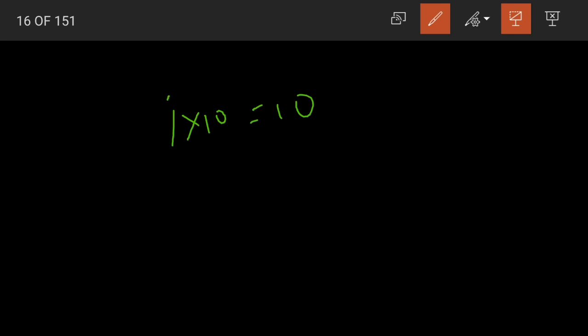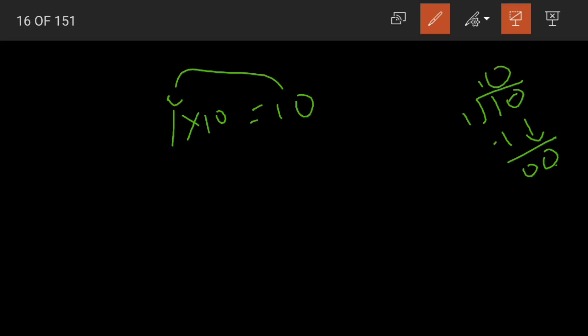Now is 10 divisible by 1? Yes, see, 10 divisible by 1. 1 ones are 1, when we subtract we get 0. Bring down 0. 0 ones are 0, when we subtract 0, we get 0 as our remainder. So 1 divides 10 exactly. And does 10 divide 10 exactly? Yes, see here, 10 has 0 in the ones place, so it is exactly divisible by 10. We learned it in the divisibility rule, right?